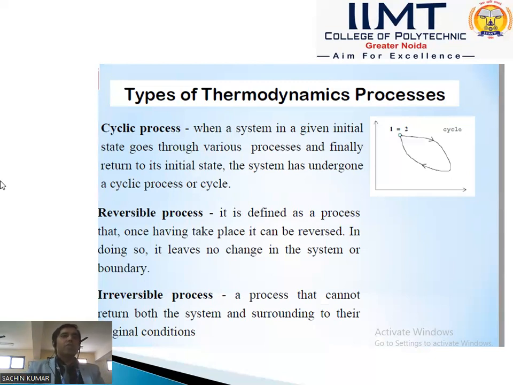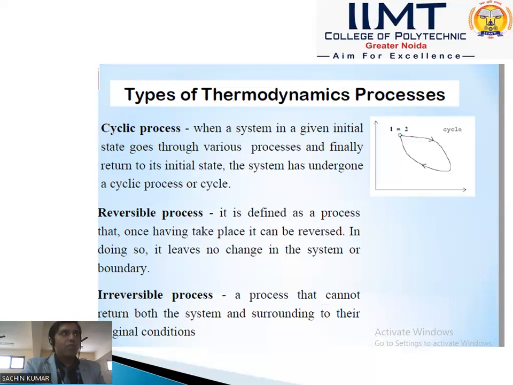Next we will discuss the reversible process. This is a very important question. What is a reversible process? Can all processes be reversible or not? So first we define reversible. What is reversible? Reversible means if any process starts from point 1, with some specific temperature, some specific pressure, some specific volume,